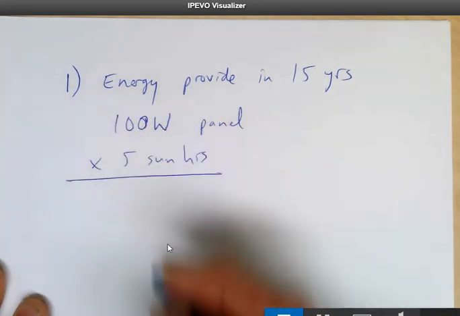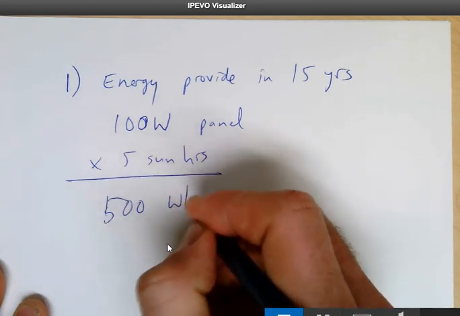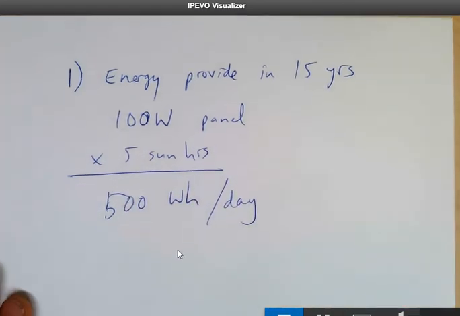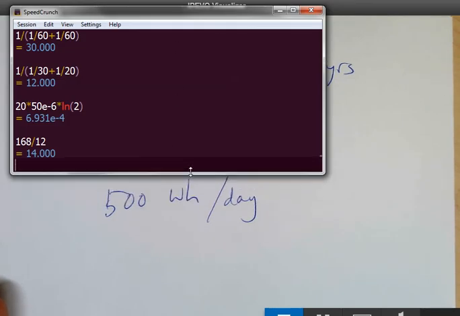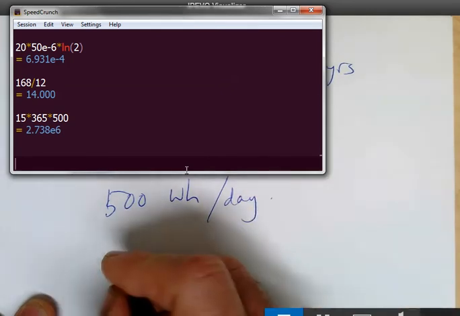If we multiply those together, we get 500 watt hours produced per day. So in this case, I know that 15 years times 365 days times 500